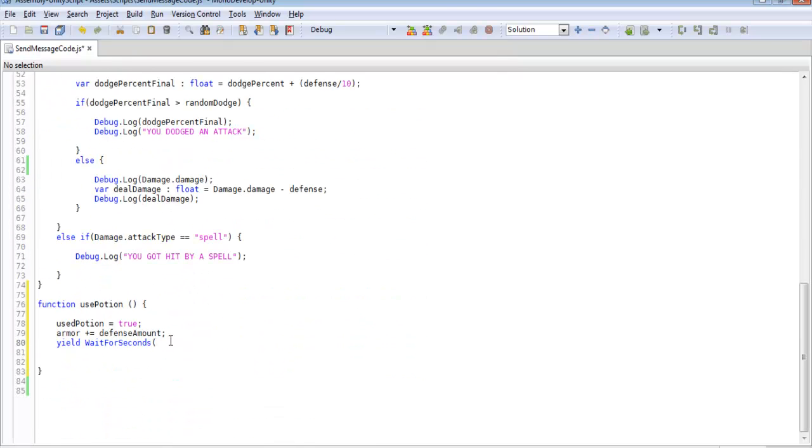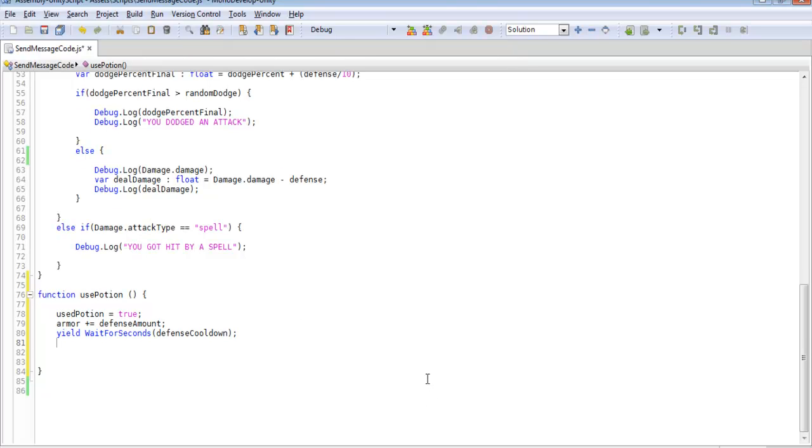Now here you'd normally plug in a number, but we're just going to be using this so we can edit it. All these variables will be put into a function at a later time, but we'll just be putting this in here for now. And so after that second's finished,